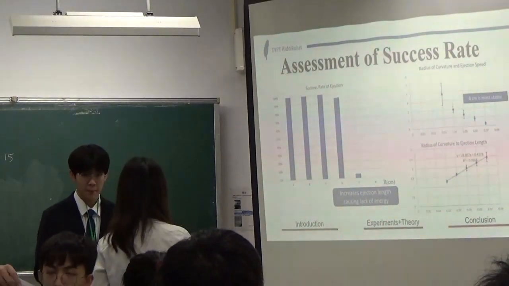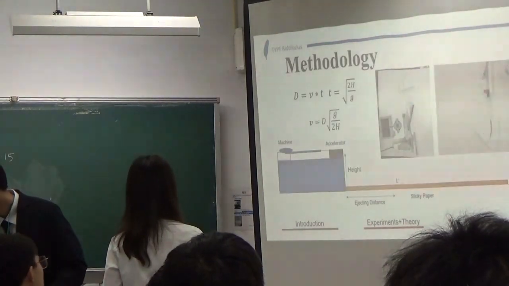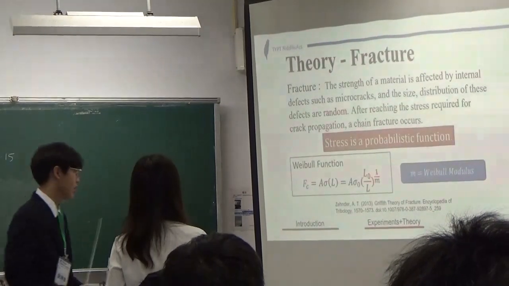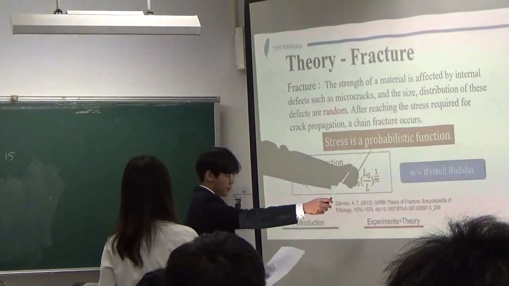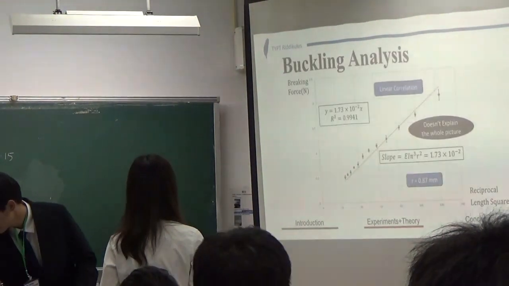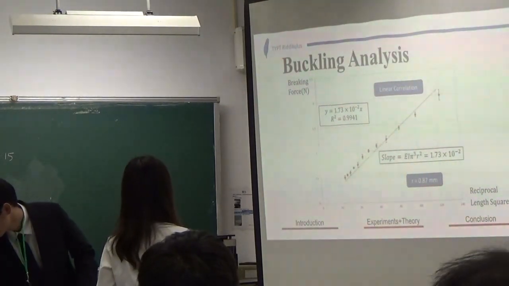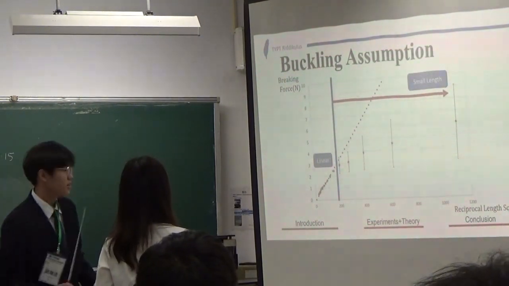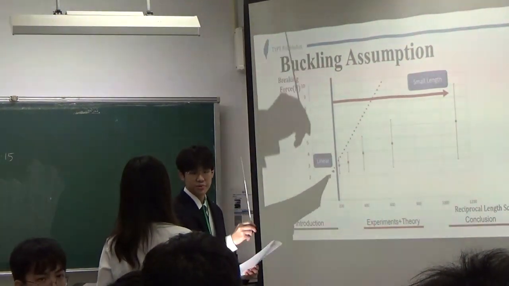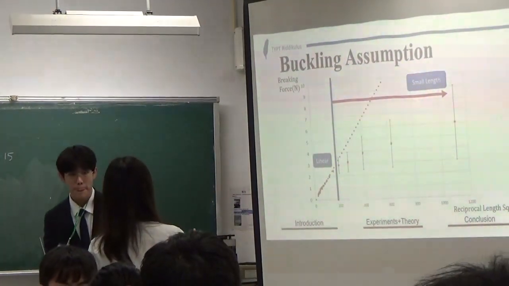Can you explain why some error bars are very big? Oh, this is because the force is a probabilistic function. The force is a probabilistic function. So there are some error bars, and it explains the probability function. It explains the error bar. No, not this. It explains the error bar here. It is because it presents fracture, not buckle, so it will have a linear correlation. And then since